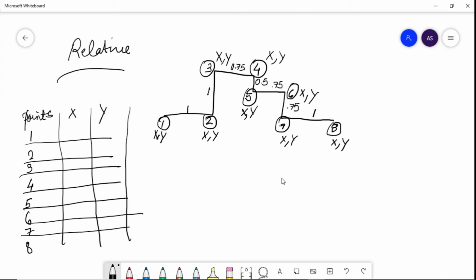Alright, so now you have to find the values of x and y at all of these points, in the form of the relative coordinate system. So we have started from point 1. We don't know where point 1 is in the space, so we can always start our drawing from 0 and 0. So over here it is 0, 0. Now to move a distance of 1 unit in the x direction, there is no movement in the direction of y, so this is 0, 0.